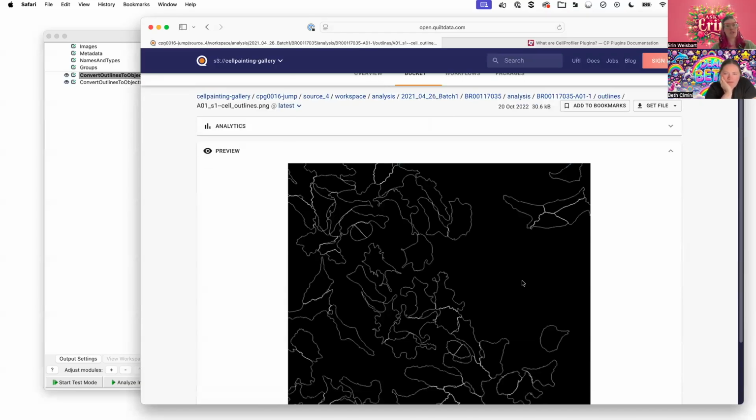Here we go, where you see most of the image is black, and then the objects are outlined here in little white outlines. So I have downloaded just a random example of the two corresponding cells and nuclei